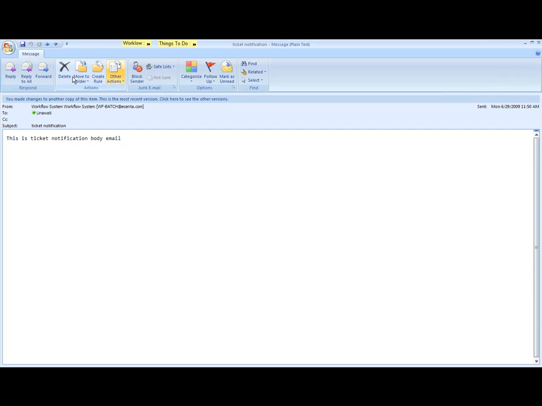Okay, you can see that there's one email from the workflow to my email address. This is the ticket notification body email. Okay, so the requirement is completed. It's very easy, only 15 minutes to create a workflow from scratch. And thank you. I will continue the presentation now.